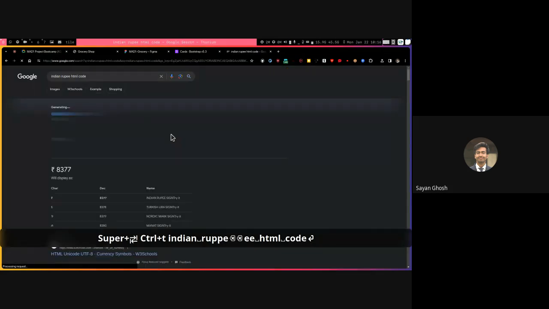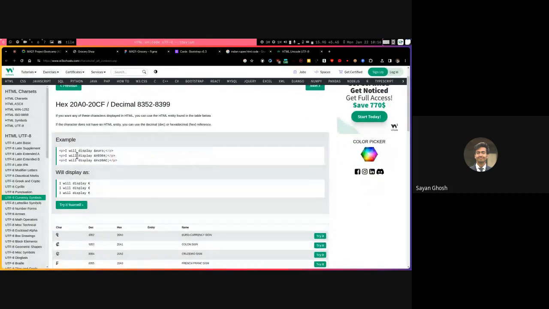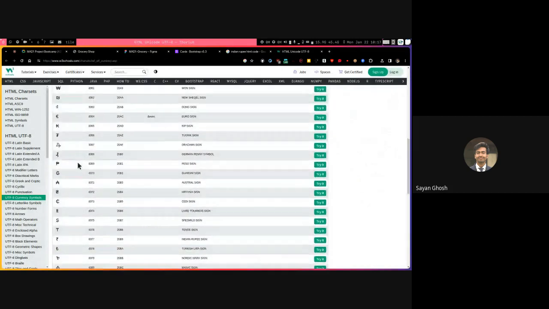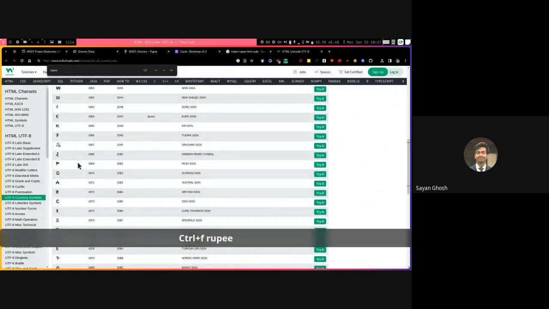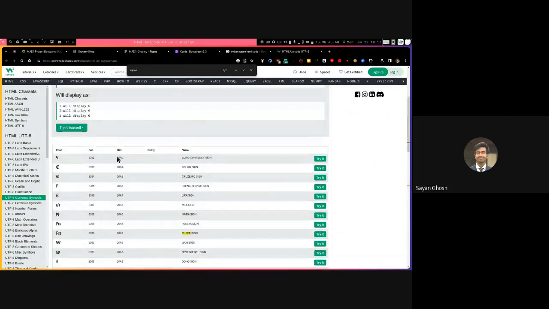And this will basically give you HTML code here. Not this. Yeah, let's just open it. Yeah, as you can see, this is the euro, and then similarly we should have rupee somewhere. I think, yeah. So yeah, this is the